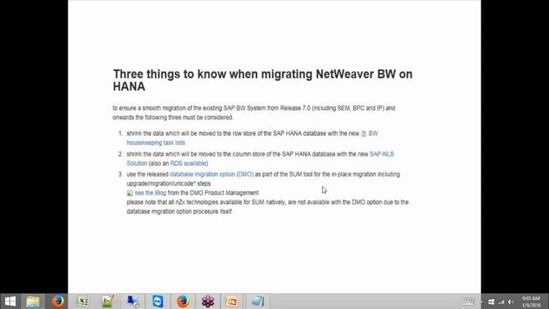ODS change log tables, PSA tables, then job logs, statistics tables, logs, all this can be cleaned out. And we can do a lot of housekeeping activities and pretty much clean the space,